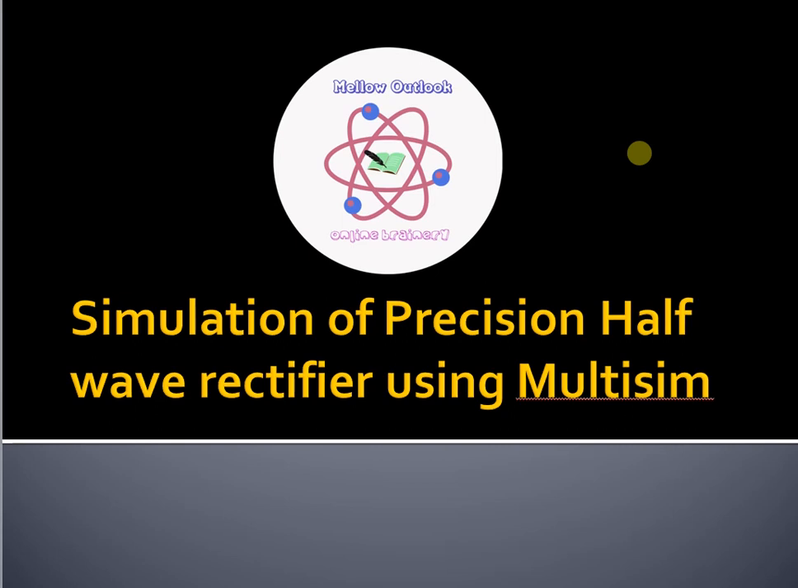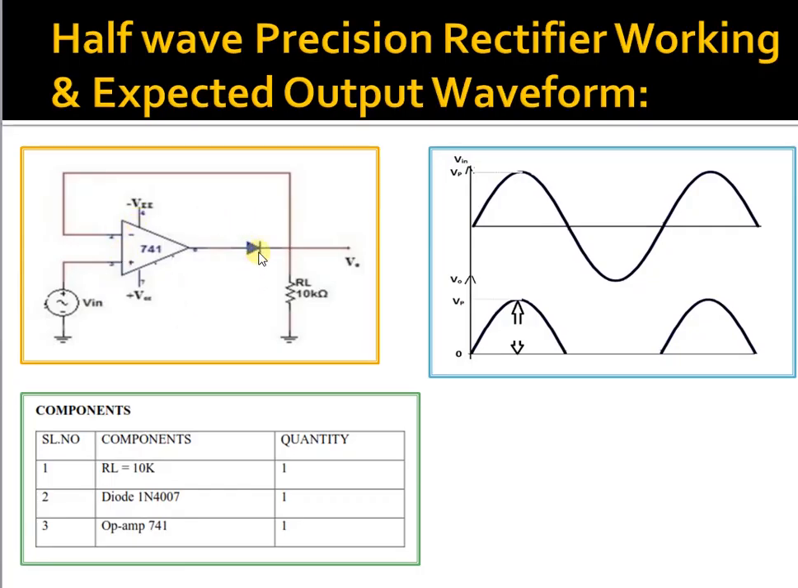Welcome to the tutorial on simulation of precision half-wave rectifier using Multisim. This is the half-wave precision rectifier circuit wherein you can see an op-amp that is being used with a dual power supply, plus VCC and minus VEE. A single input voltage source is applied, represented as Vin, and the output of the op-amp is connected with a